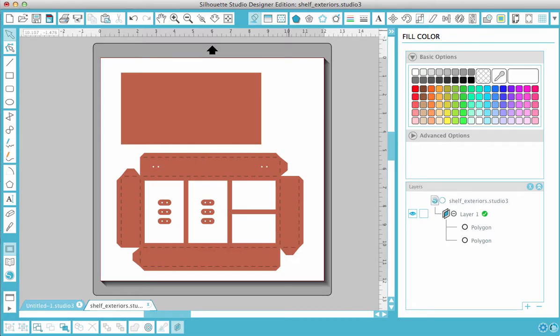Hi, today we're going to look at Silhouette Studio Designer Edition, and this is version 3.0.43. It's the first update to version 3. And we're going to be specifically looking at the cut settings. And the first thing I did is I opened a file from